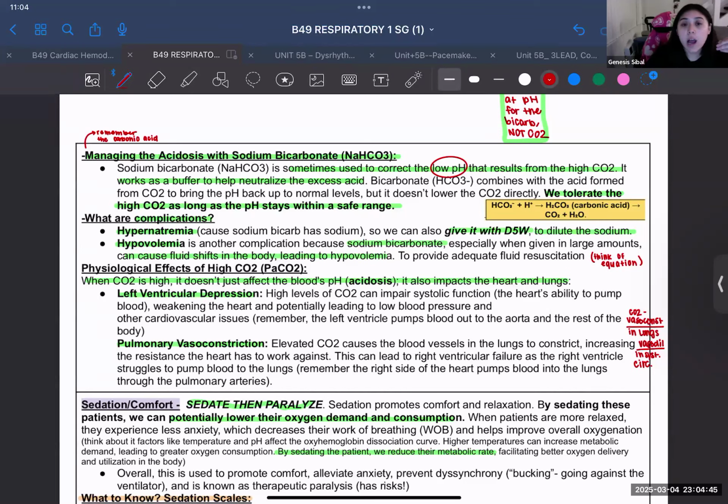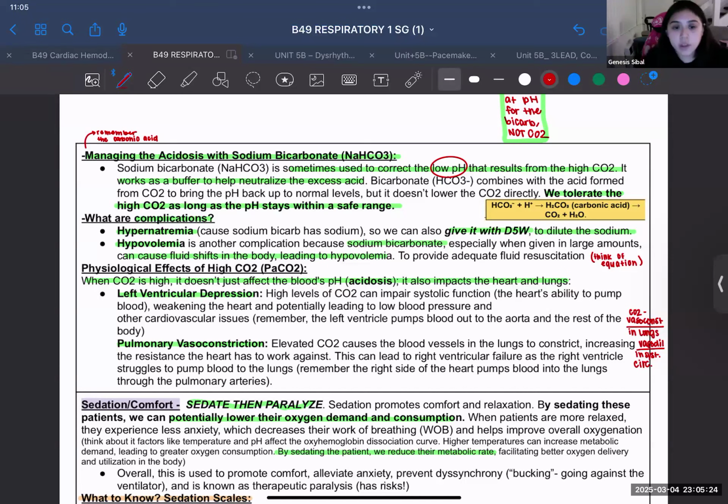So that's how we know how much bicarb to be giving. You know how when you're talking about the partially compensated, all of that stuff in an acid-base balance equation, this is basically what we're talking about. We're going to give the bicarb, and their ranges are going to be, who cares if CO2 is out of range, the bicarb is out of range. At the end of the day, all I really care about is my entire body's acid-base balance, and that's by looking at the pH, right? So 7.35 to 7.45. So does that make sense in terms of why you're giving the bicarb to help with that acid-base balance, and you're going to be looking at the pH? So basically, we tolerate a higher CO2 as long as the pH stays within the safe range, right?